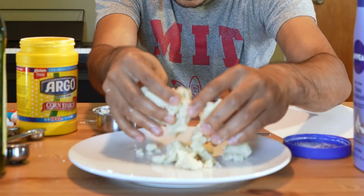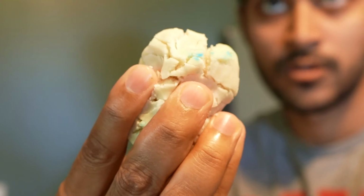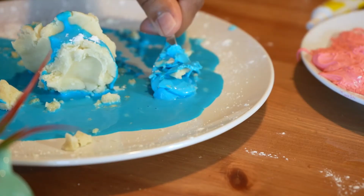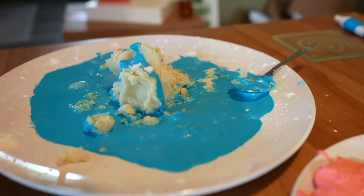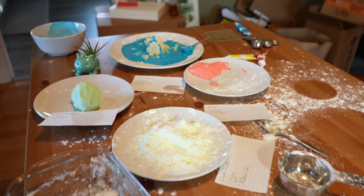What kind of texture does it have? How strong is it? How heavy is it? What happens if you freeze it? Go nuts with this challenge and be as experimental as you can. By the end of this challenge, you should have at least 3 different cornstarch materials and a list of properties